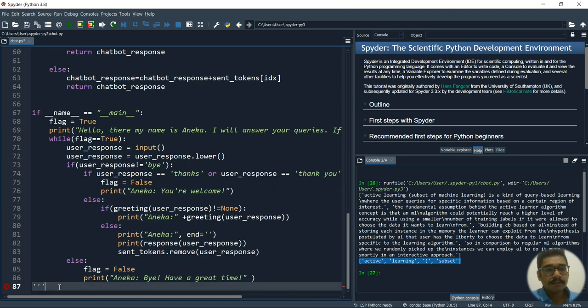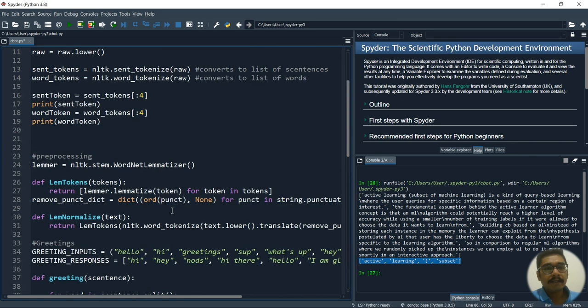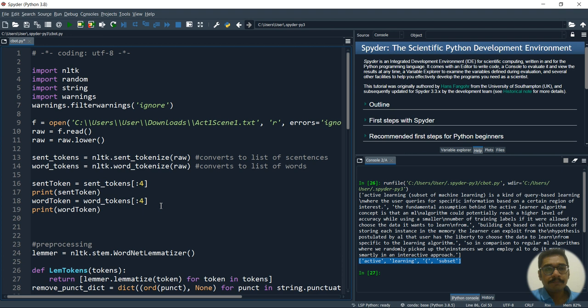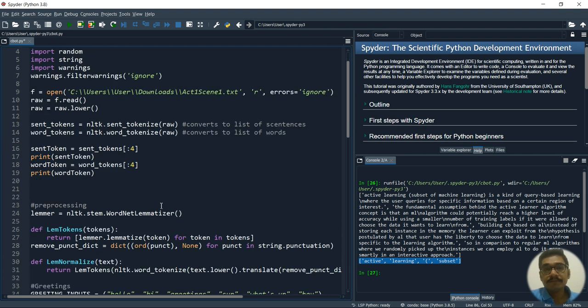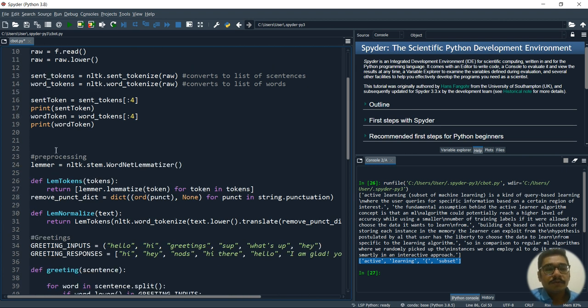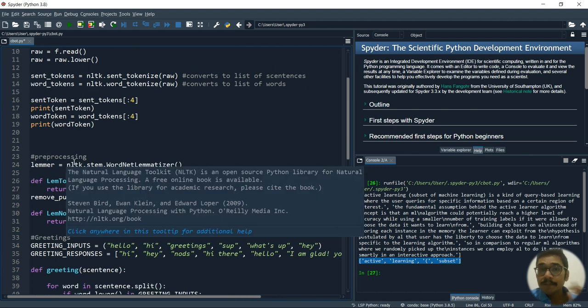So I'll just comment this. Don't worry, this code is not that big, and it's very easy. NLP has very wide applications, and in most companies, when you apply for some jobs, they ask for NLP. NLP is actually a domain in machine learning where you put all the naive Bayes applications and all the other algorithms which you have, and you try to implement them in NLP. Okay, so first we want to do the pre-processing.